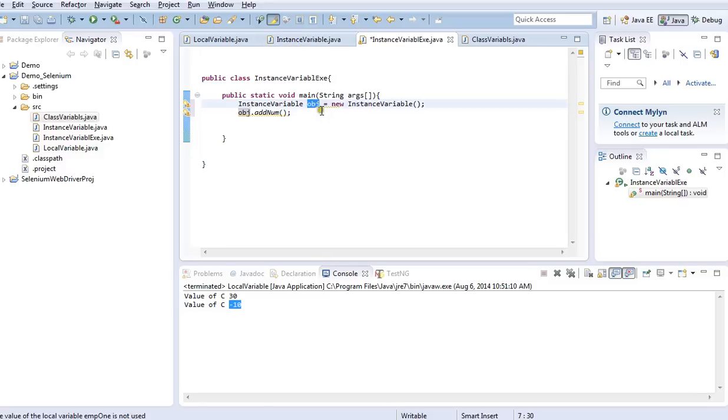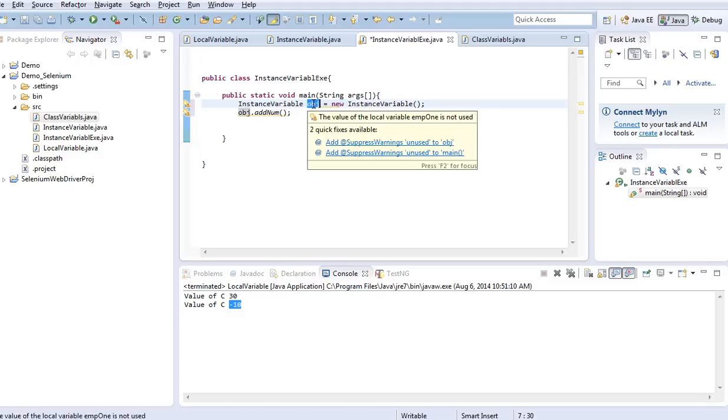So when I say create an object, we have to use the class name, then a variable name, then we assign the new keyword. Now when I create an object, the instance variables will be created.